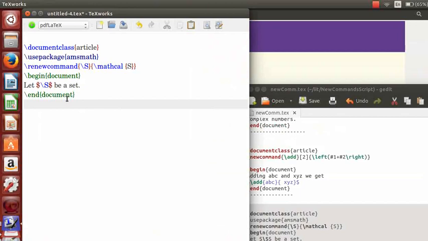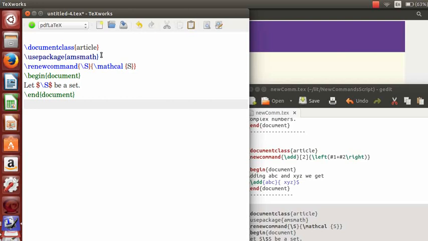Let us understand the program now. The definition \renewcommand{\S}{\mathcal{S}} redefines \S. \S normally produces the section symbol, whereas after redefining, \S produces S in calligraphic font.